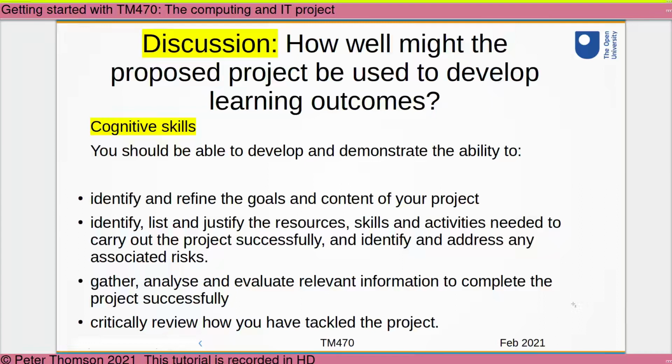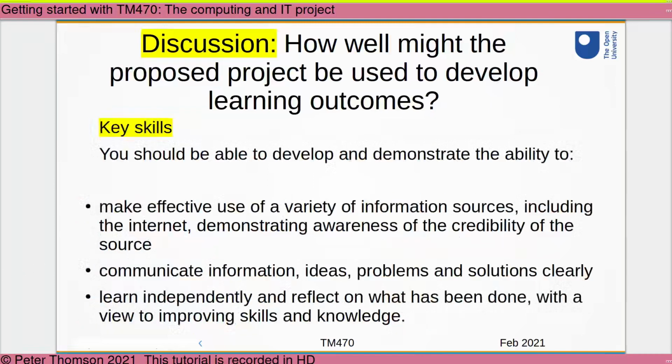I'm starting to think that the first project proposal, proposal A, is the one that's most likely to provide all those aspects. Continuing then,